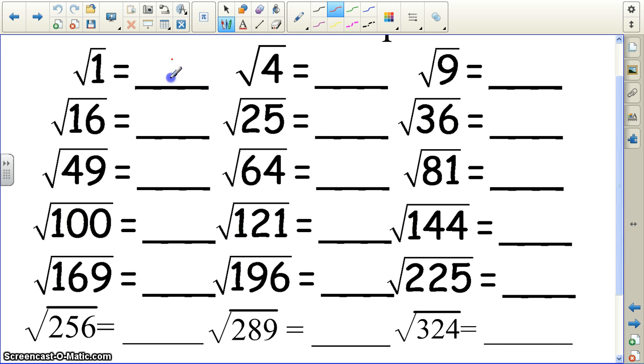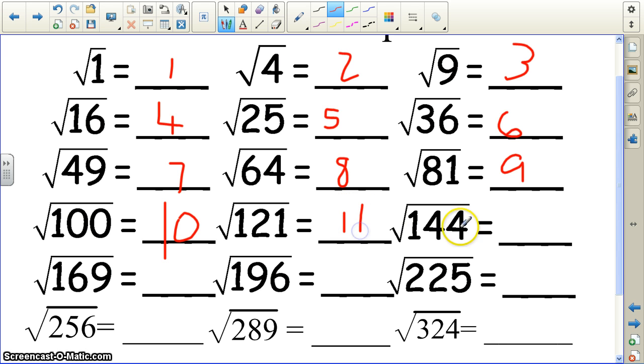All right, square root of 1 is just 1. And these just go in order. Square root of 4 is 2. Square root of 9 is 3. Square root of 16 is 4. Square root of 25 is 5. Square root of 36 is 6. 49 would be 7. 64 is 8, 81 is 9, square root of 100 is 10,